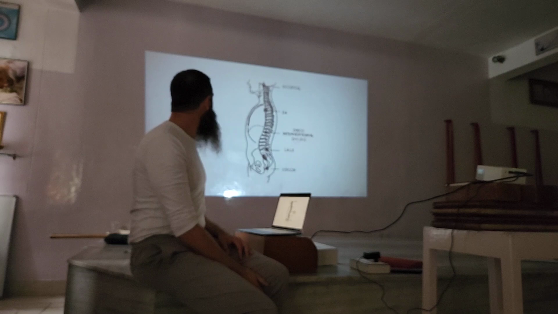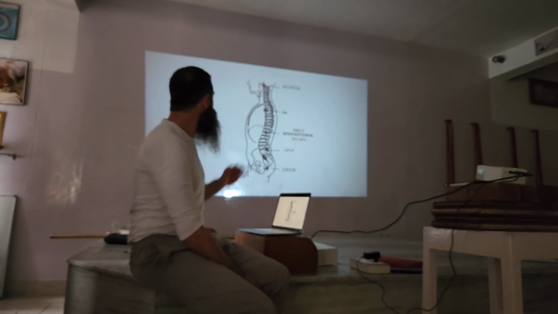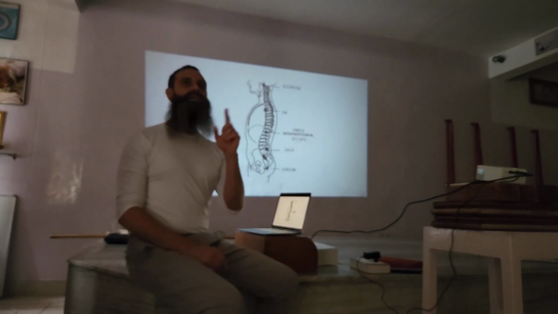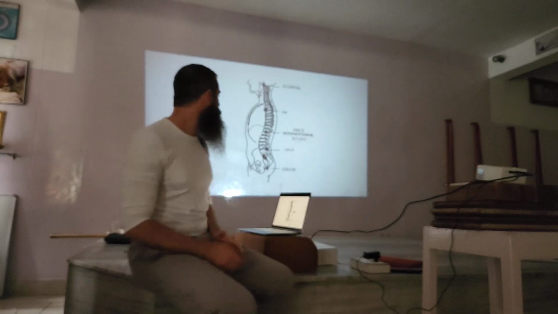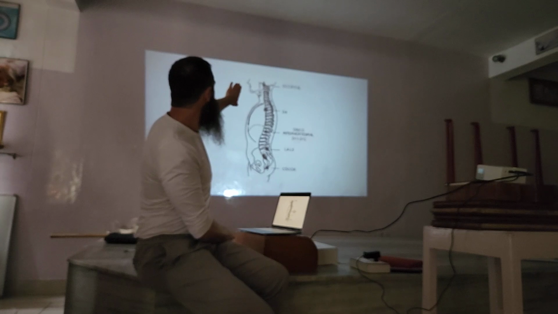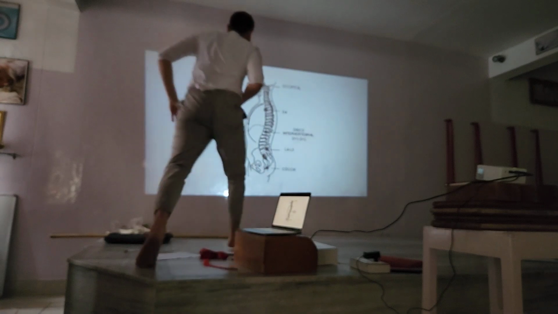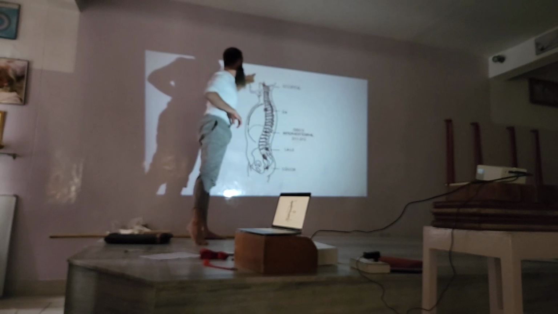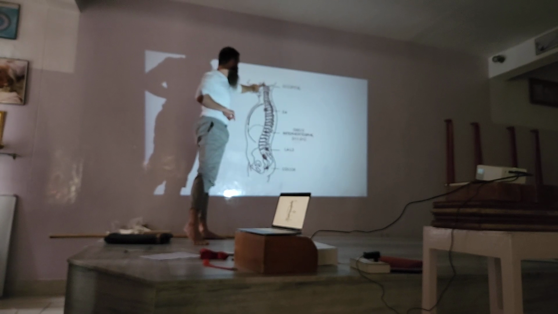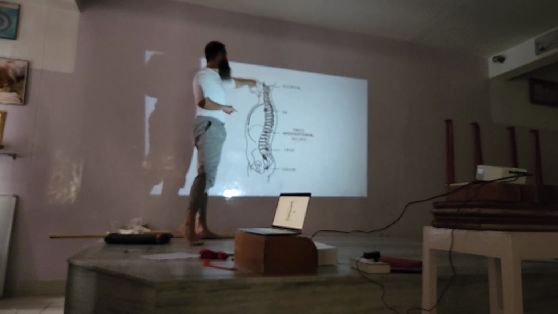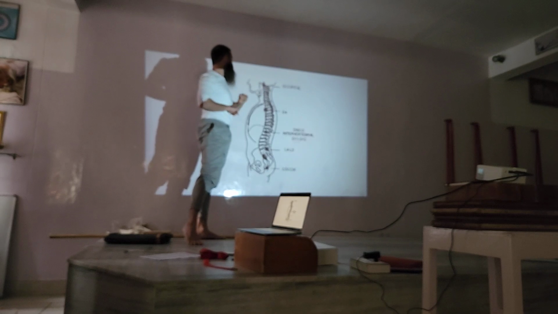Okay, so now we go to the lines of gravity. So this is just an overview of what we saw last class. So we talk about two lines, actually three lines. Yes? We want to see why. So the first line we saw comes from the front of the head, yes? Because this is not the head, this is the face. What you see here is the face. This is the head, the skull. Okay, so it comes from the front of the head, foramen magnum, and then comes down until the tailbone, and it supports the weight of the front of the head.